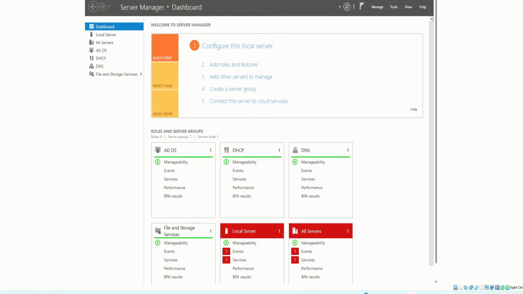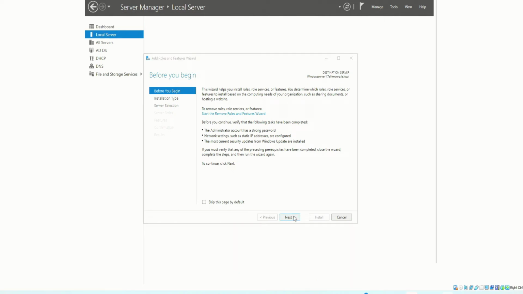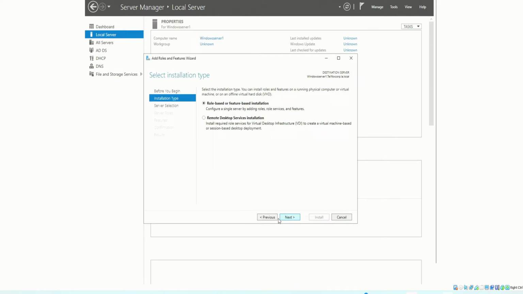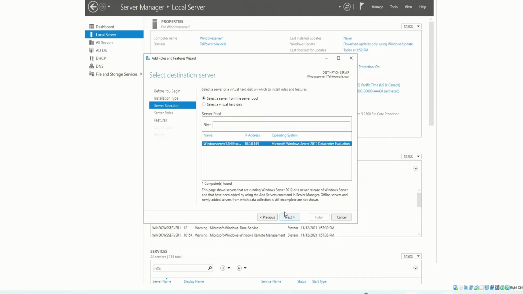So what we want to do is go to Manage. We want to add roles and features. From here, a dialog box will pop up. We could just click on Next. If you have a remote desktop service installation, you select it here, but we will select role-based or feature-based installation. Select the server that we have, Windows Server 1,